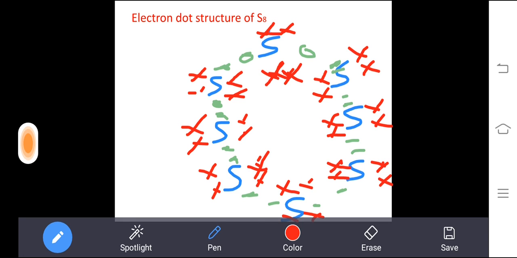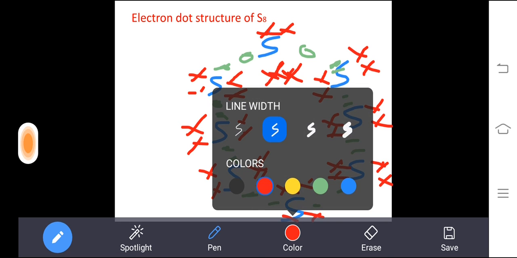Okay. So once you draw like this, this is the electron structure. You can stop like this also. But in the book they will draw the circle. For what purpose do they draw the circle? To show the octet configuration. It attains the octet configuration like that. So when you draw the circle, in the circle you want to show 8 electrons for each sulfur.